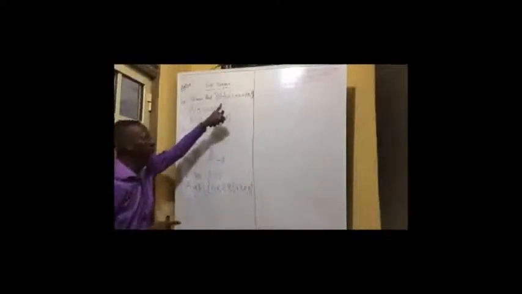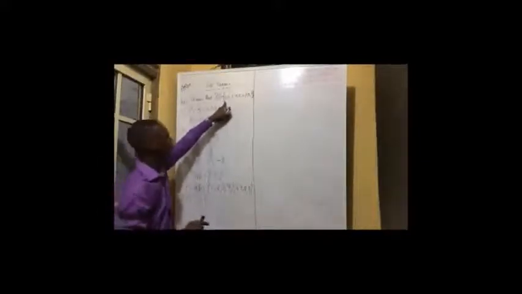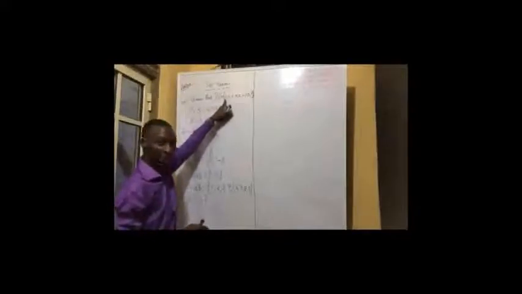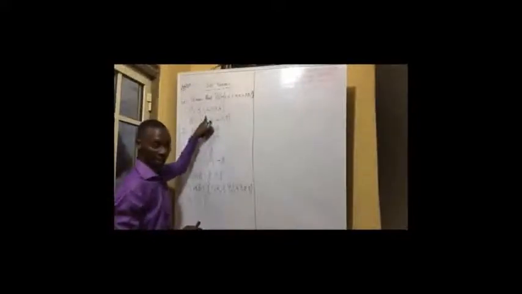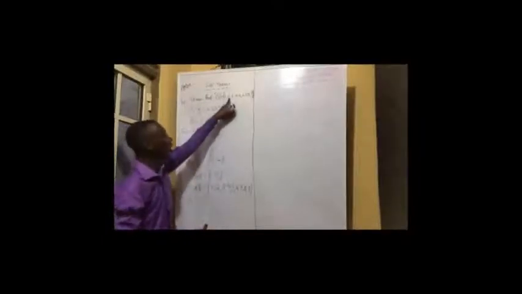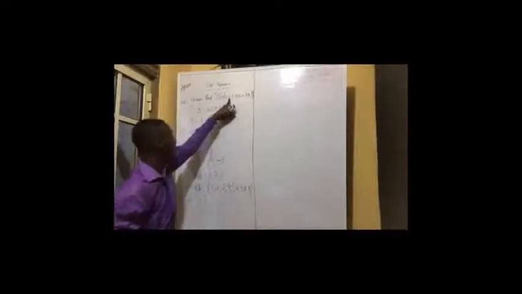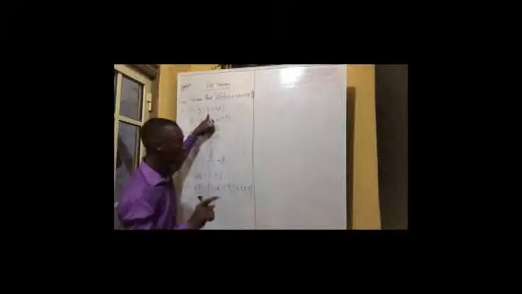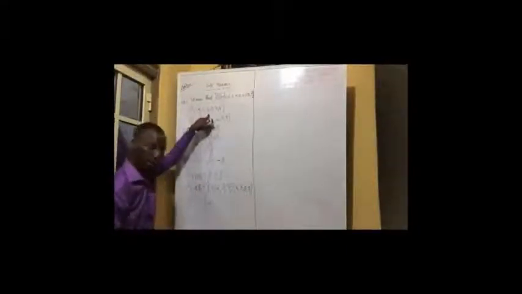A complement. So I'll go to the universal set now. I have 1 as the first element. Is 1 in set A? Yes. So 1 is not part of the elements of A complement. Is 2 in the universal set? Yes. Now check out. Is 2 in set A? No. So automatically 2 is part of the elements in A complement.